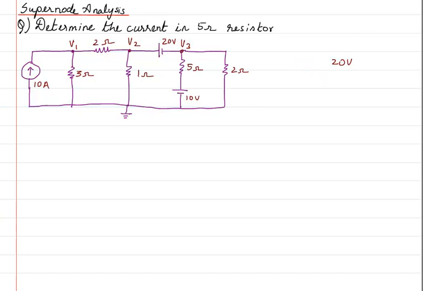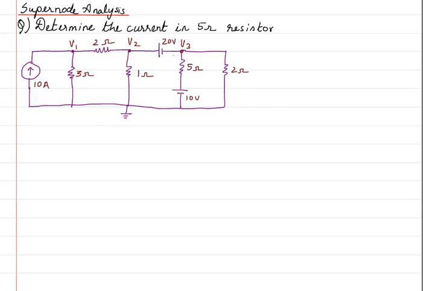But we cannot say what is the direction of current here. Even if we draw the direction of current, we cannot say what is the value of current here, because to say the value of current there has to be a resistance here, but there is no resistance here. What will we do? This case arises whenever there is a voltage source between two nodes, out of which one of the nodes is not a reference node.